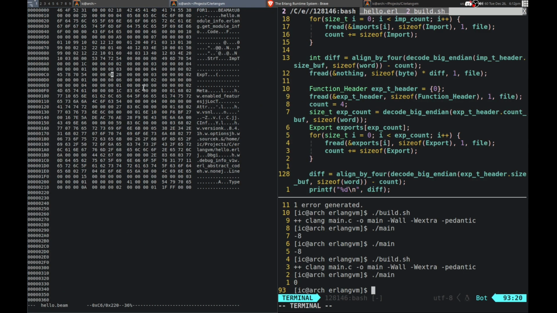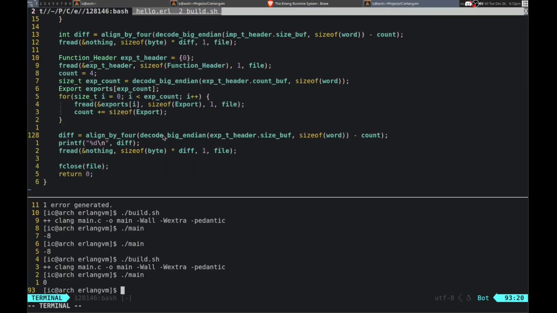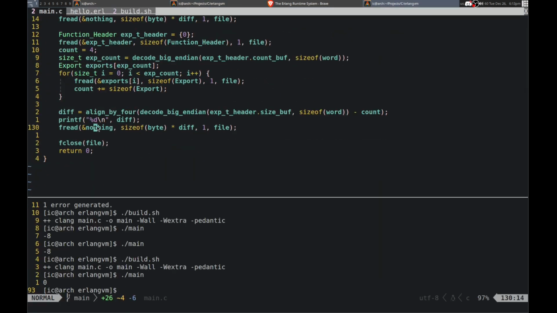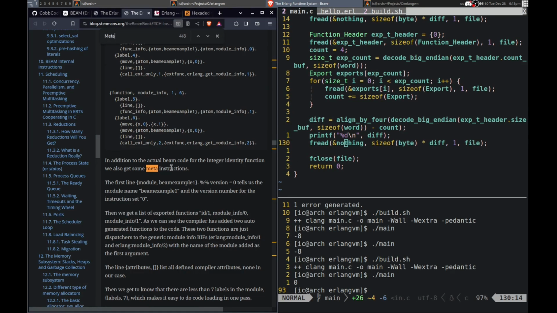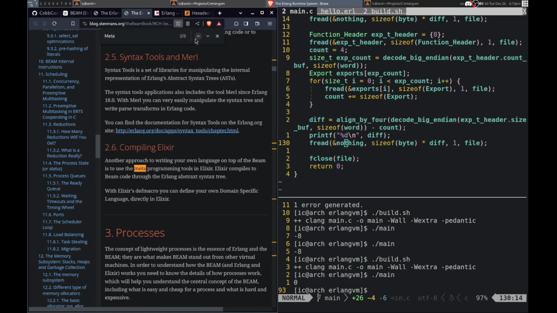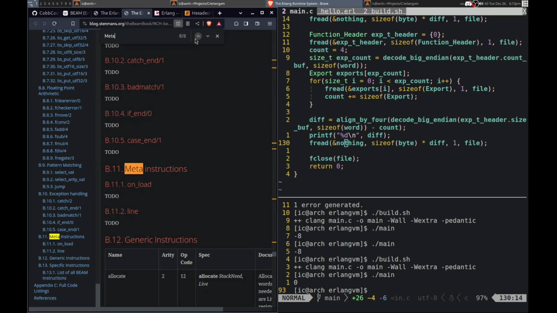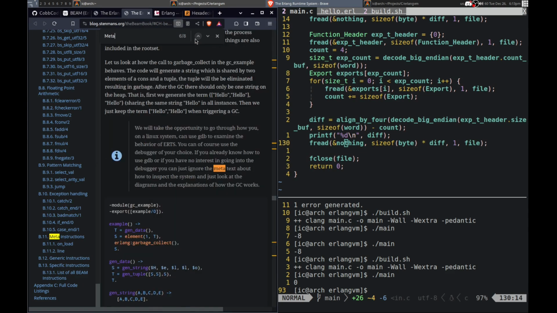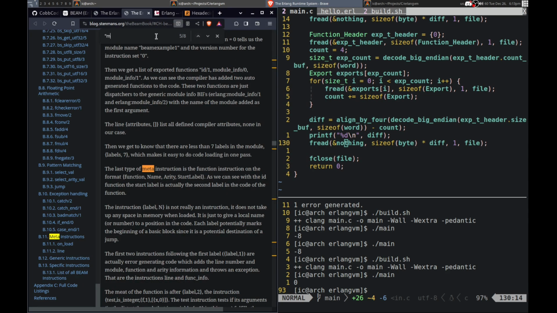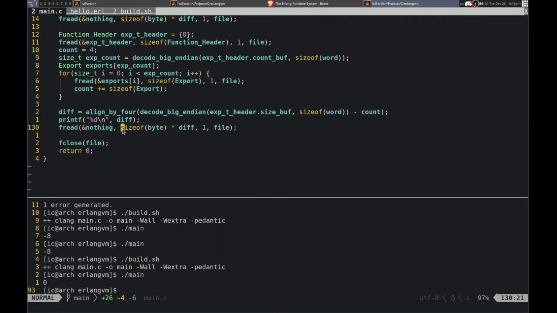Let me just make sure. So the next header is meta, it looks like. Yeah, so it does go all the way. Alright, so then the next one, we can read that. Probably the same. Let me look, actually. Meta. Meta instructions. Where is it? Huh. I don't see it. Here, let me try to read.